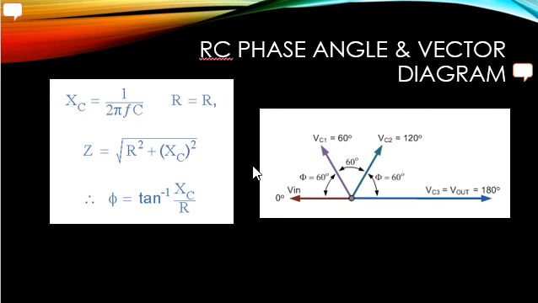Next is the vector diagram representation and these are the phase angle formulas. According to this, Xc, the reactance across the capacitor, is 1 upon 2 pi fC. To get the actual frequency for a 180 degree shift, the capacitor and the resistors play an important role over here. So this is the formula for this. Then we have Z equal to root of R square plus reactance square. Theta is the phase angle, tan inverse Xc upon R. So as you can see over here,